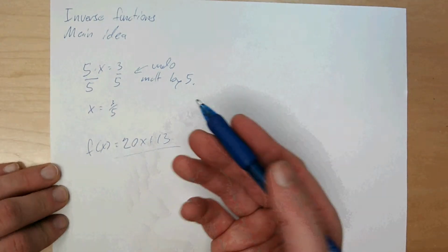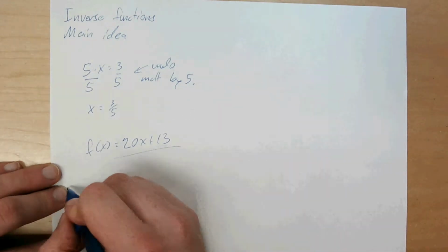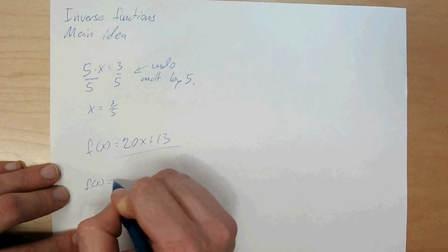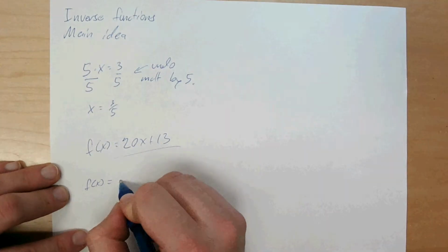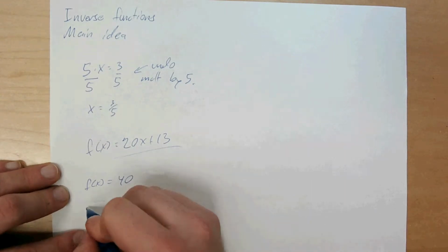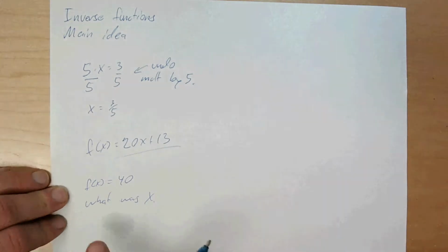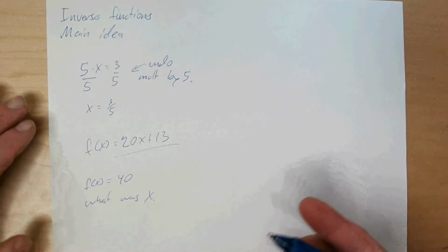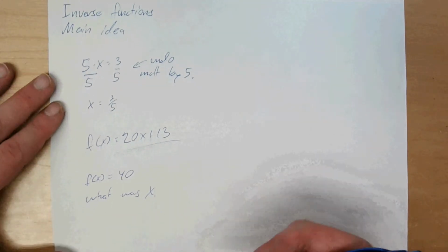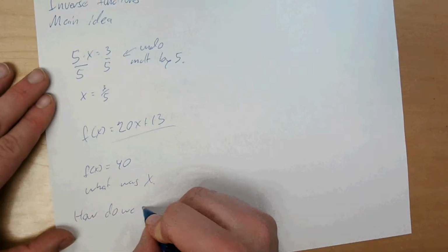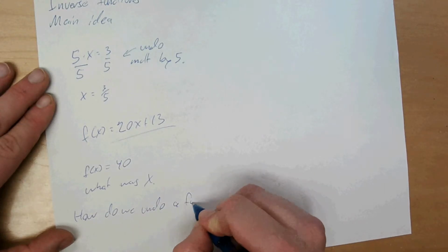And maybe we know that the output for f of x was somehow 40, and we wanted to know what was x, right? So if we know the output, we want to find the input. So the idea of an inverse function is how do you undo a function, right? How do we undo a function,